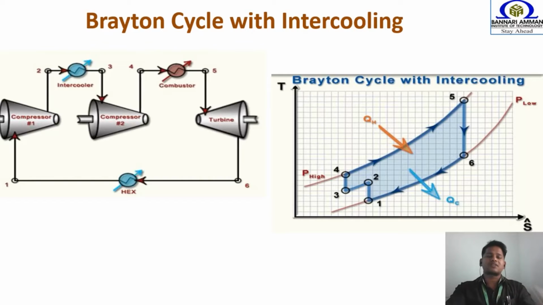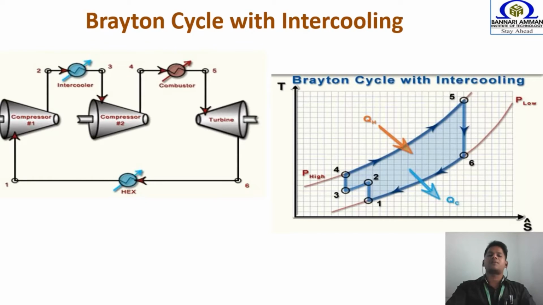Now I hope you can understand the point that in the first case we have a single compressor which is consuming 10 kilowatt of energy. Now instead of one compressor we have provided two compressors. In between them we have an intercooler. So by providing two compressors and one intercooler, finally this setup is consuming only 7.5 kilowatt of energy.